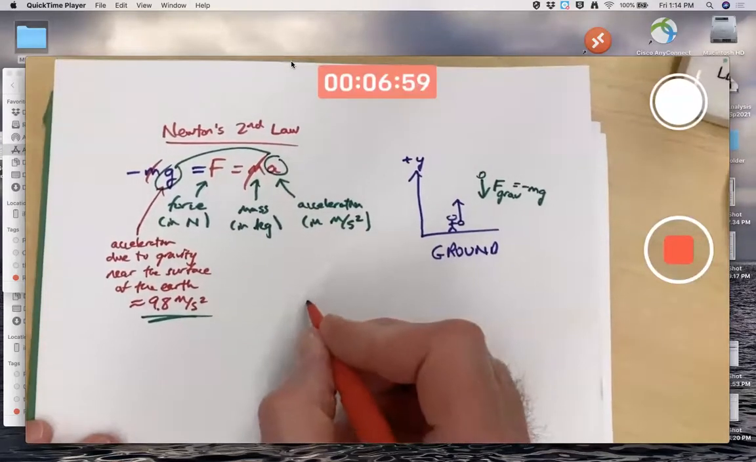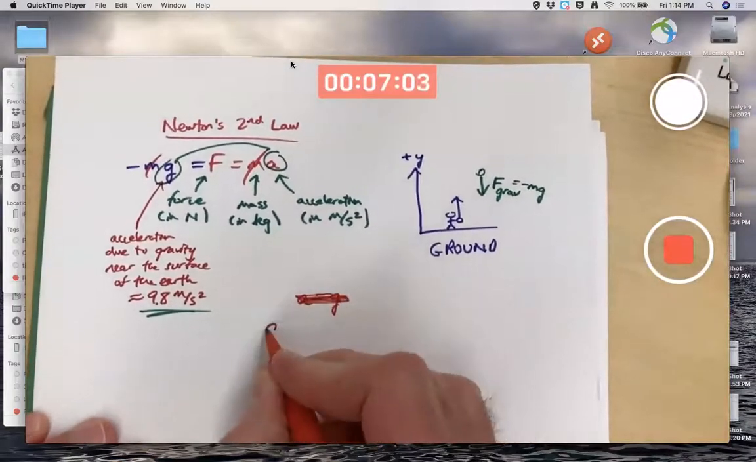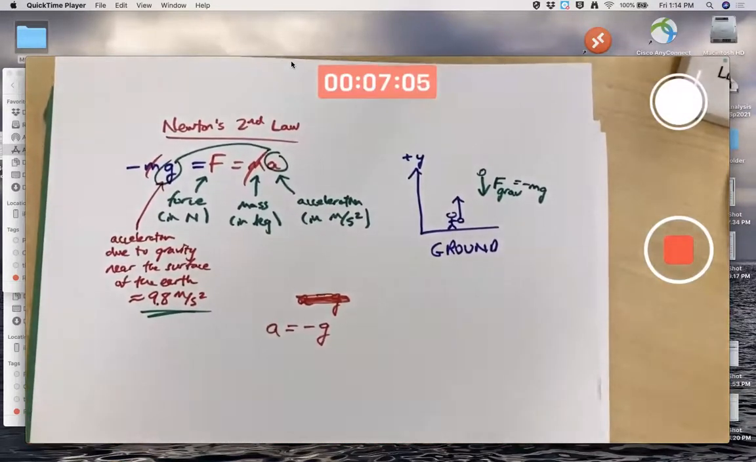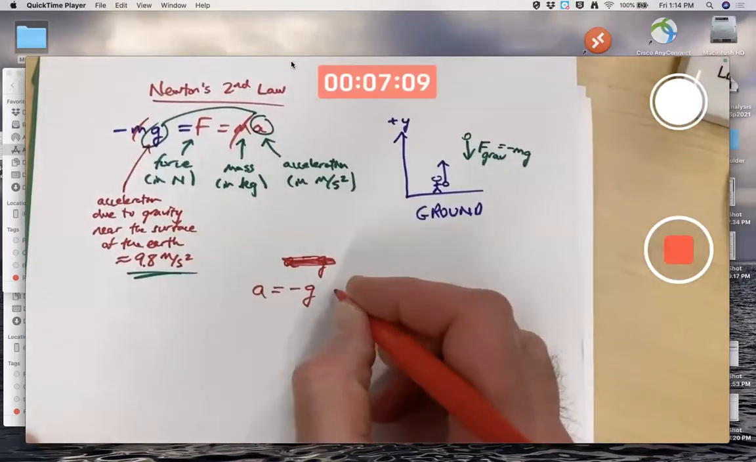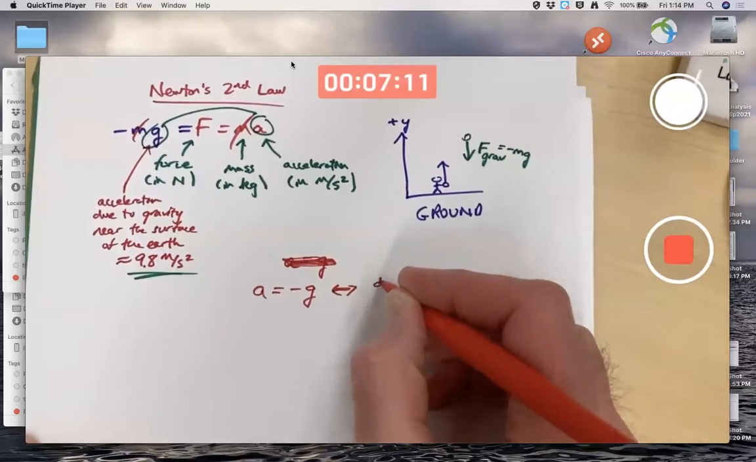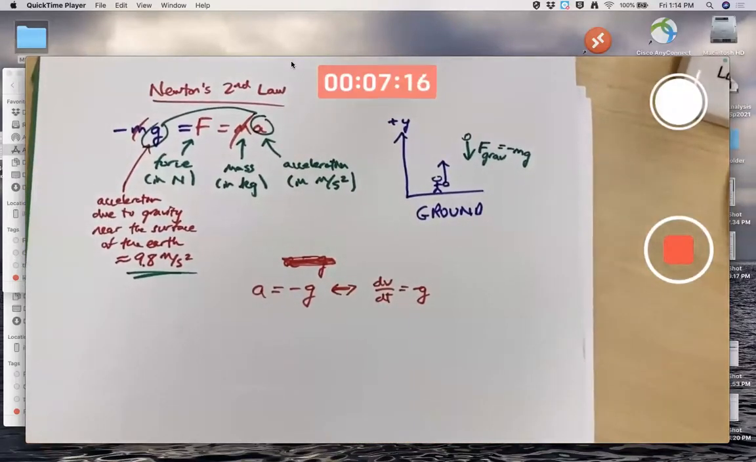Let me write the equation as A equals G. Or excuse me, I wrote the wrong thing again. A equals negative G. This can be rewritten as dv/dt equals negative G, where V is the velocity of the ball, the upward